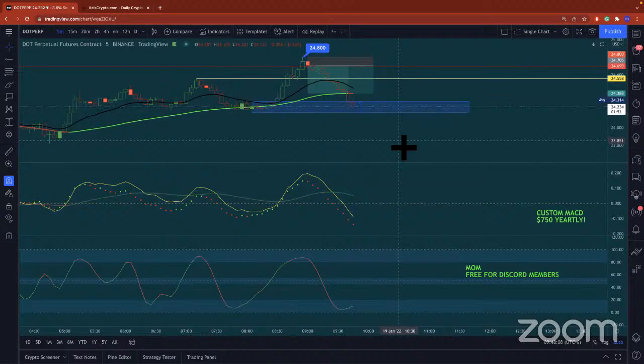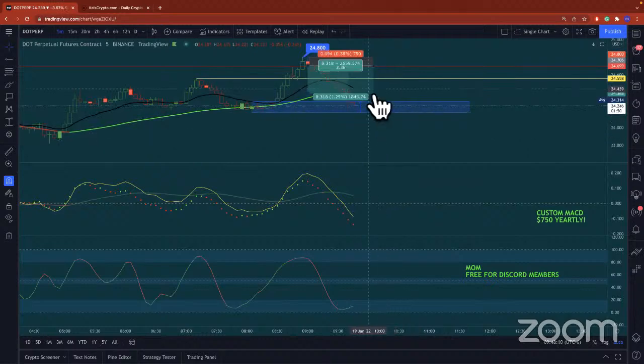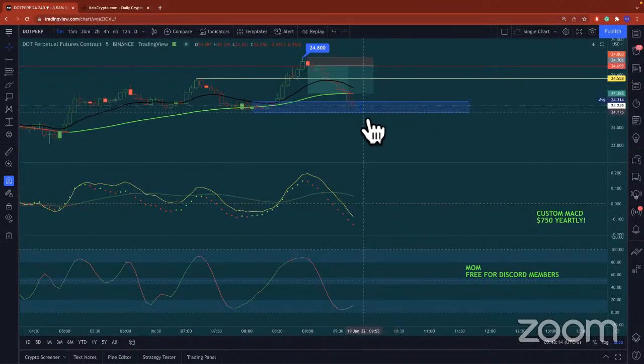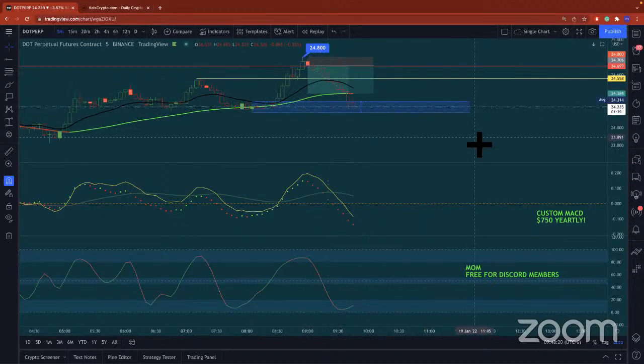If we close below it, then guess what? We're going from 1.29, because we haven't got stopped out yet. We go from 1.29 to, was it, 2% or something like that. So that's really good. And another thing that we'll only do in the mornings is we will only focus